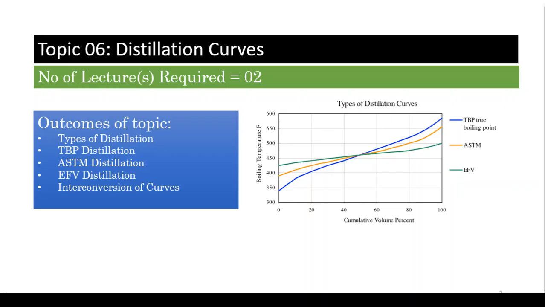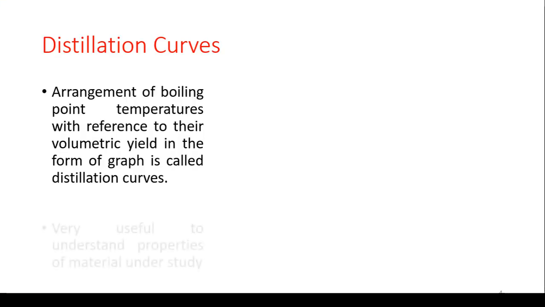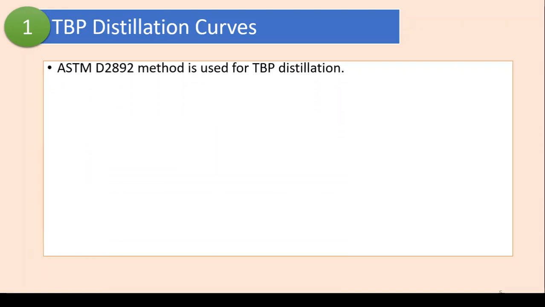So we are discussing distillation. In this, there are three types of distillation that we are going to study: TBP, ASTM, and EFV, one by one. Let us take the first one, that is TBP distillation and its curve. So, TBP distillation,